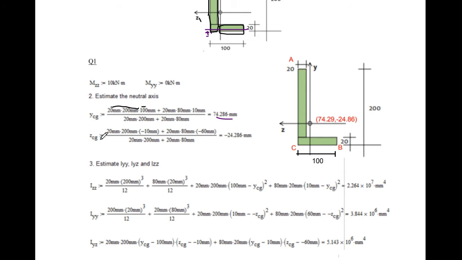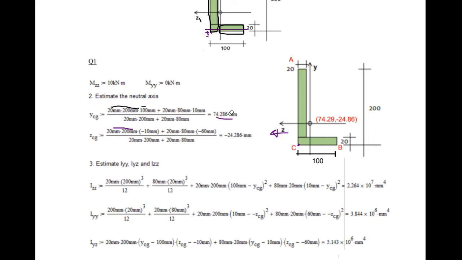In a similar fashion we can get the z coordinate. This is 20 into 200, area, into minus 10. Why? Because the direction of z is in this way. For z, here is the origin, and for this one the z coordinate of the center is here. So this is 10, since the total width is 20, so minus 10 because we are going in the opposite of the convention given in the question.